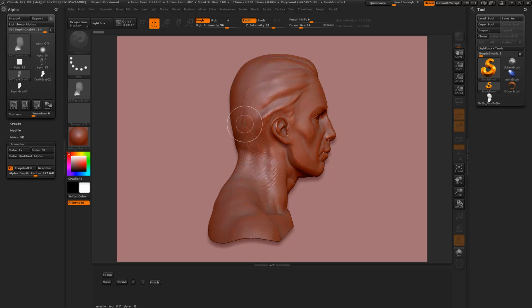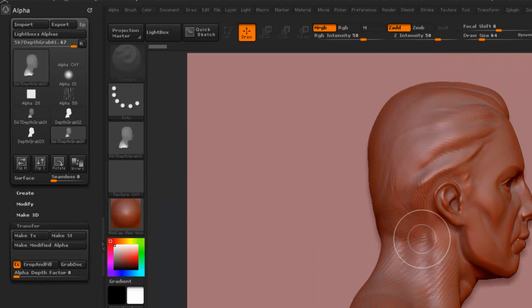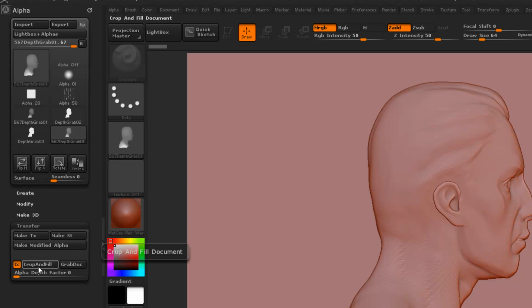Now if I shut ZBrush down and try importing the one that I had depth at 5, 6, 7 and do the same thing, you can see the depth factor is 0 because it didn't save or store it. Crop and fill. Well, we get this. This is not what I want. So if we go in here and just type 5, 6, 7, press enter, crop and fill,